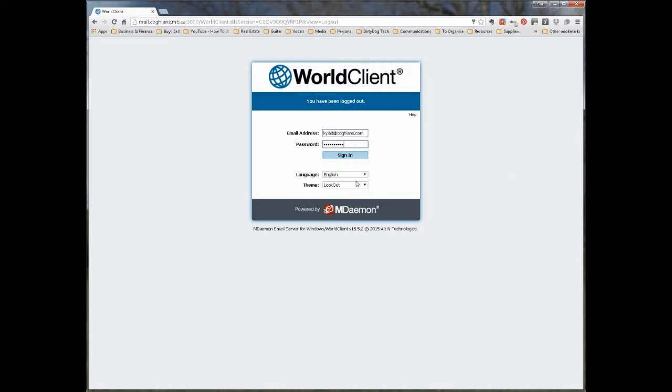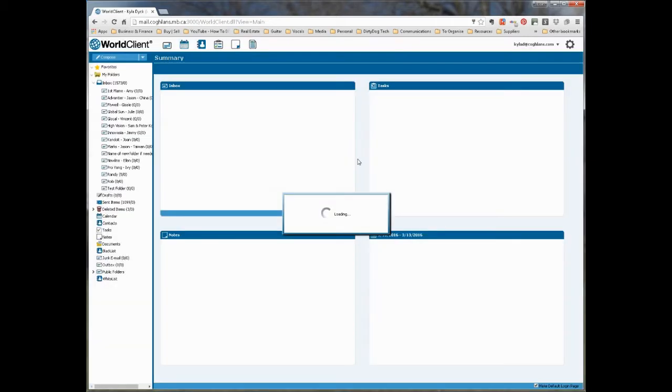Anyways, to do this, you want to sign into WebClient. When you do sign into WebClient, go down to theme here and use Lookout. I don't know if you've played around with this before, but it looks closer to Outlook, so it doesn't look so foreign, because the WebClient one's kind of weird. So anyways, sign in, and once you're in there,